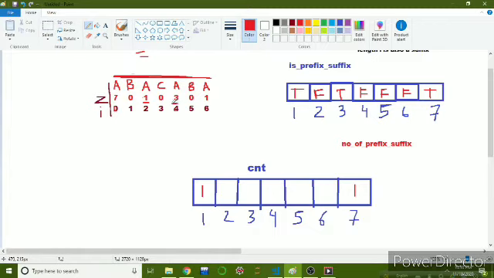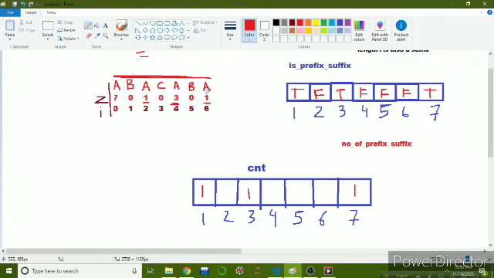Then in the next index we found a 3. That means here we have the prefix of length 3 again. So we will go to the index 3 and we will increment the value, so the value will be 1 now. In the next index there is a 0, ignore this, and in the next index there is again a 1.